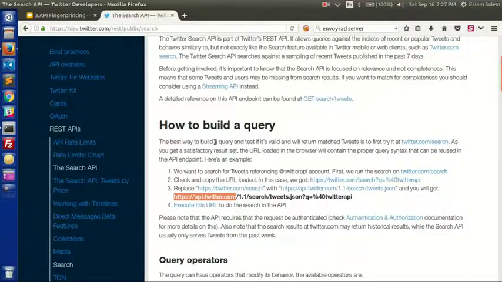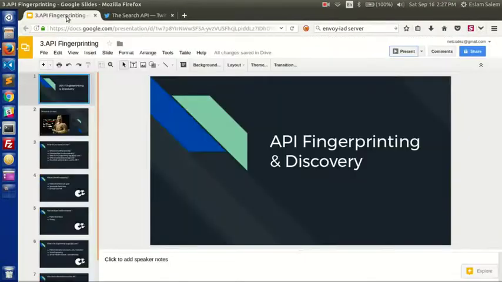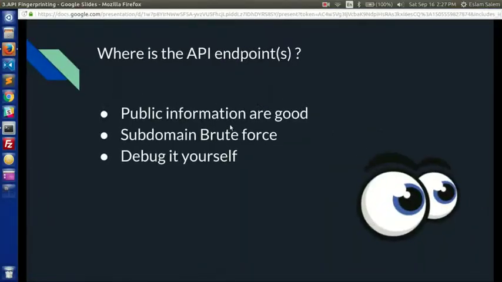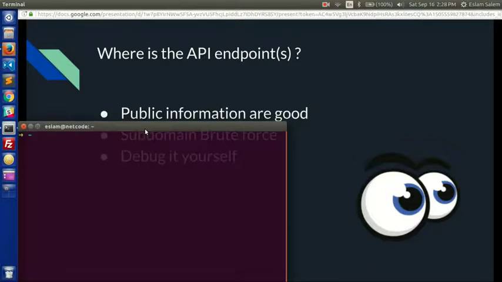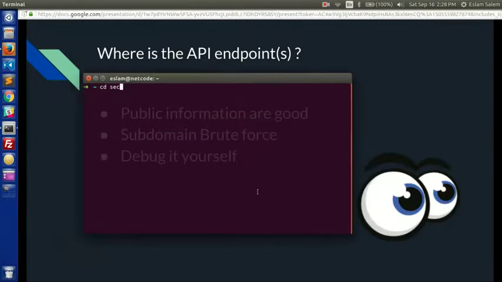Okay. Second thing you need to do if public information doesn't provide the information you want is subdomain brute force. Most API endpoints are subdomains to separate the backend server API from the main website, which may be static or in another programming language. One of my favorite tools is NotPy. So if we try to open our terminal,